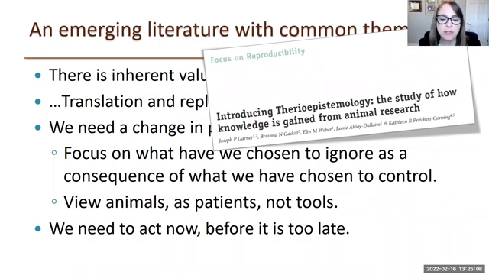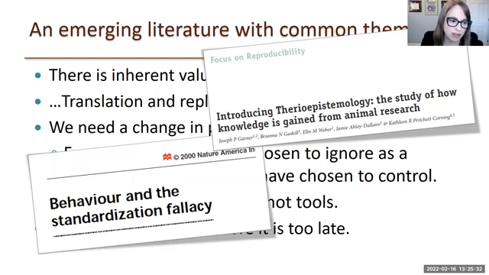But on top of this, we may be doing studies in one particular cage type or bedding, or we overly standardize the environment, which leads to poor translation. And it doesn't help us really understand how this information can then be translated to the larger population. So really, we're risking external validity. And this is a point that was made by Hanno Verbel in his standardization fallacy paper back in 2000. So he has been trying to modernly bring up this topic